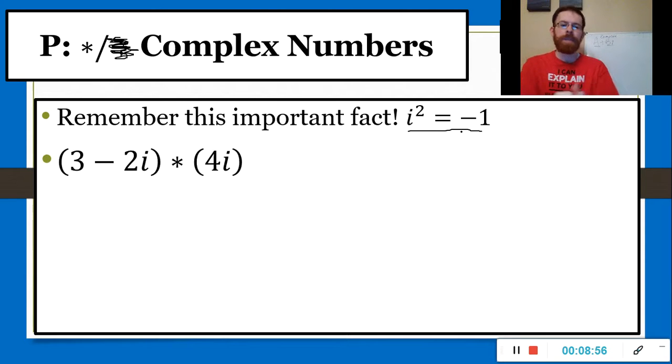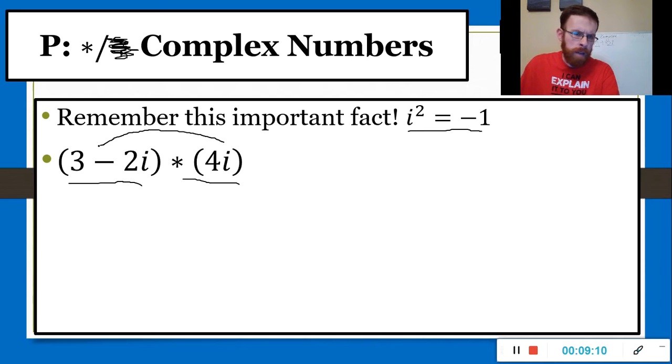So, if I have something like this, 3 minus 2i times 4i, if you see this, if you have two things in parentheses, times something else in parentheses, or just times something on the outside, remember your distributive property. I'm going to take this 4i, multiply it with a 3, and then multiply it with a minus 2i. Well, what's 4 times 3? 12. So I have 12i. And then 4i times a negative 2i, well, what's a negative 2 times a 4? You get the same answer. A negative 8. So I have a minus